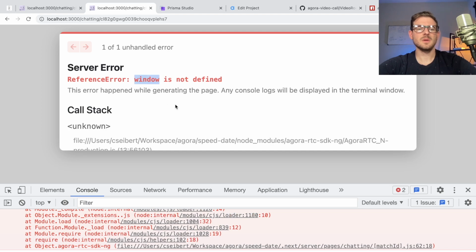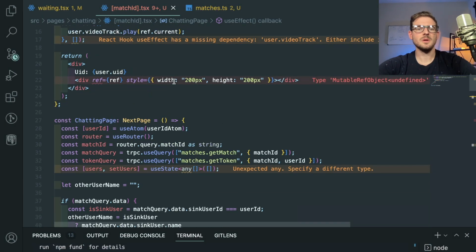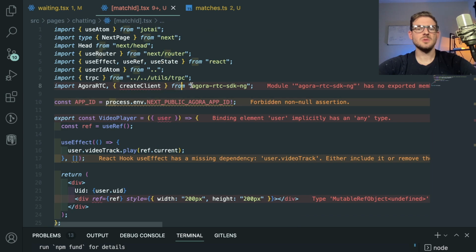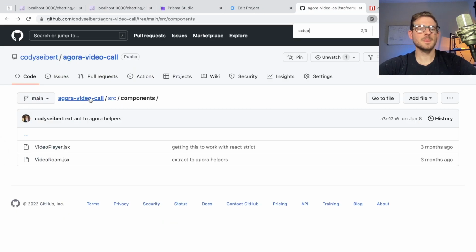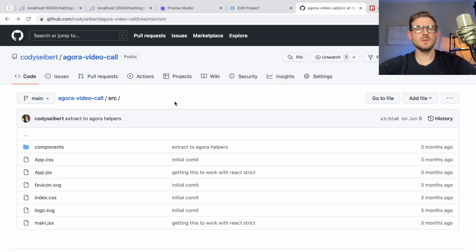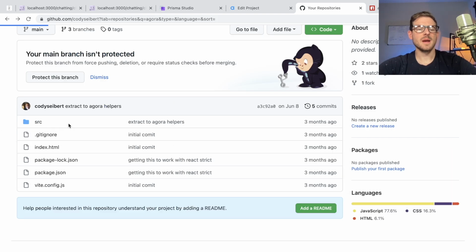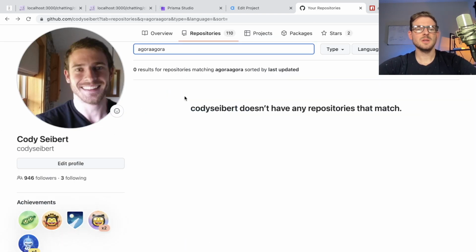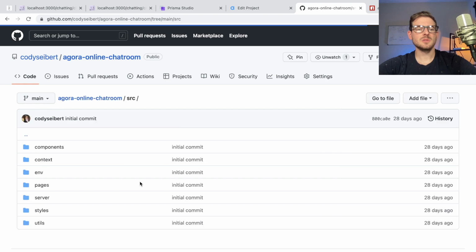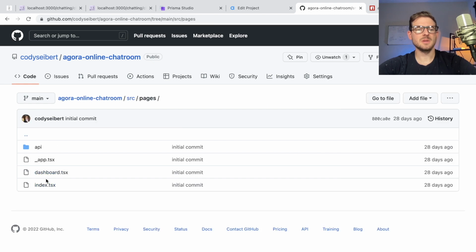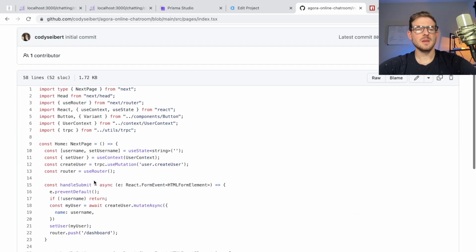Window is not defined. Okay, so there is an issue with using Agora in Next, because I do believe it has hard-coded logic to look at the window and stuff. So to get this working, we actually need to lazy load it. And I did this in another project as well. So let's go back to, I'll say Agora online chat room, I believe. And if I look at the source and look at the pages, I believe on the index,